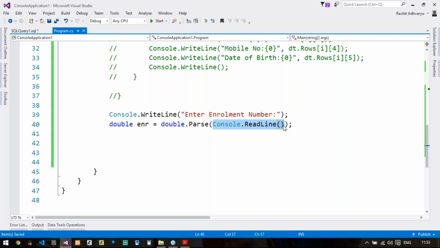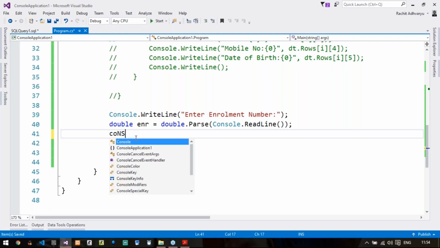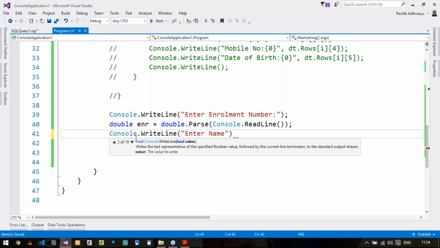Next, Console.WriteLine, enter name. Say string nm equals only Console.ReadLine, because it is itself a string type, so no need to convert it. Then Console.WriteLine, enter semester.